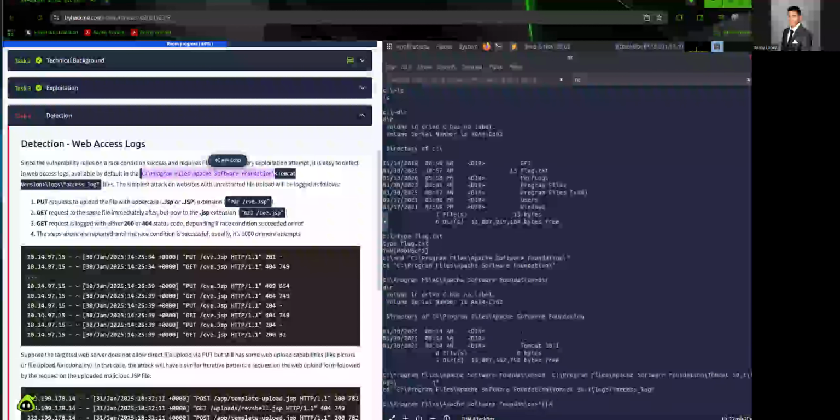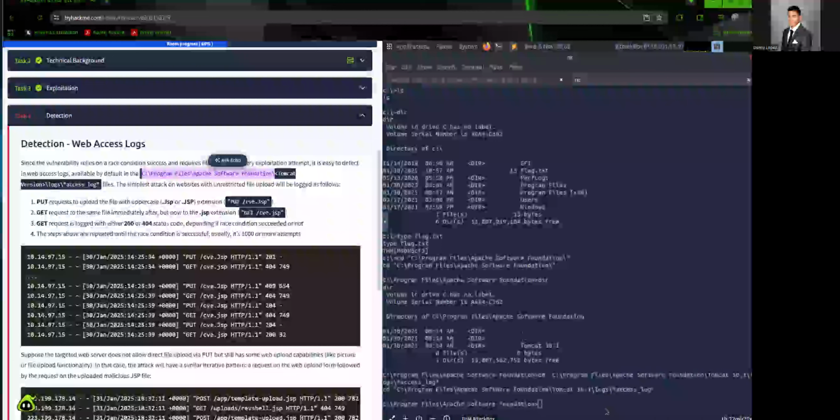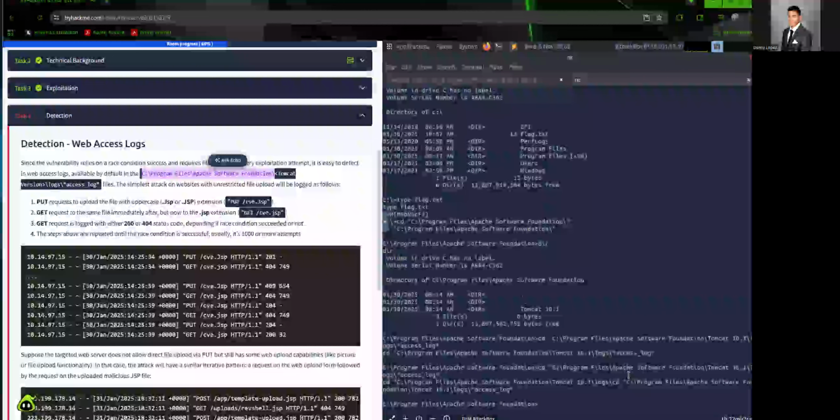Okay, so let me try that again. So that would just go to logs. Interesting. Okay, so that's not really working the way I want it to.